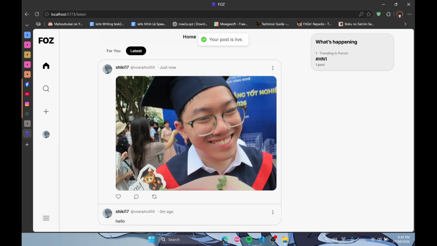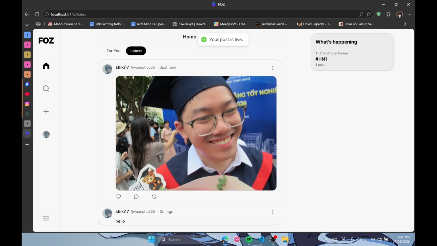Let me explain the flow. For each image, two things will happen. First there will be a client-side compression in the web page using a canvas compressor, and then the compressed image goes to the Cloudinary service, which is what we use to store our images. And if Cloudinary is down, it will fall back to base64 inline, and only after all of the uploads finish, it will send the final post API